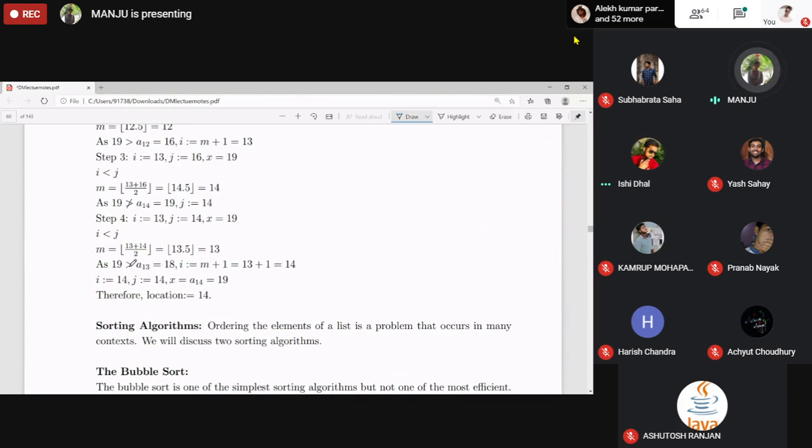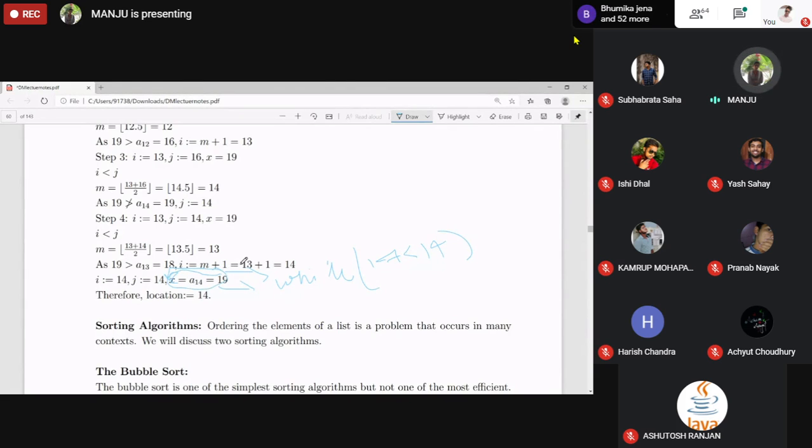So in this one, after comparing with this, what are we doing? Exit from the while loop, right? Before this step, while 14 is less than 14, right? This is false. That's why it comes out of the loop, and then it compares with this one.